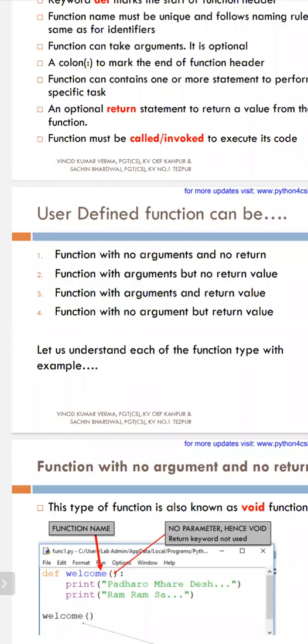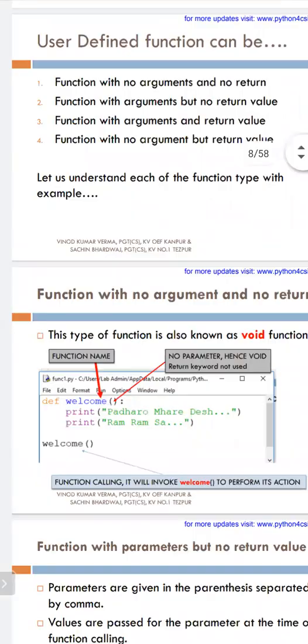Can you explain what is void and what is non-void? A function which does not return anything is known as void. Exactly. Void means it doesn't return anything to the call statement. Non-void means it will return something. It returns the values to the call statement, where the call is made in the main program. So that is called a non-void function. These are the two types of functions, and let me go to the next one.